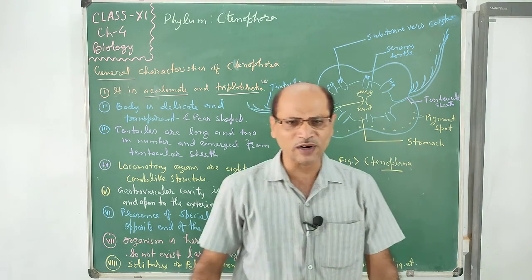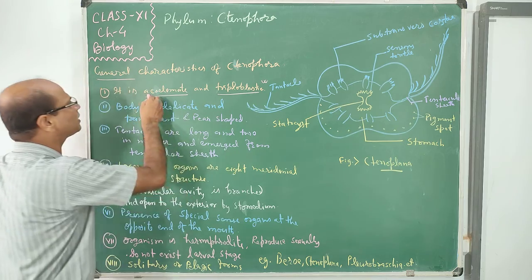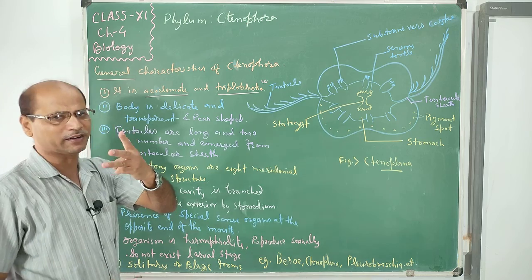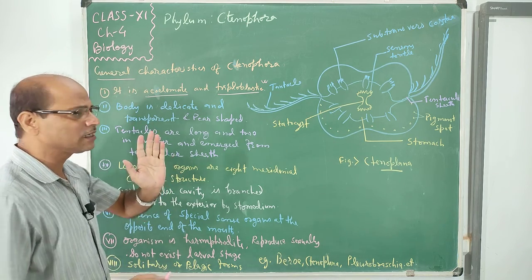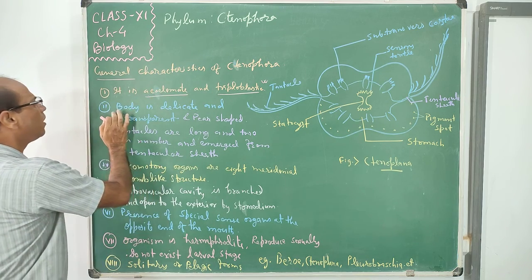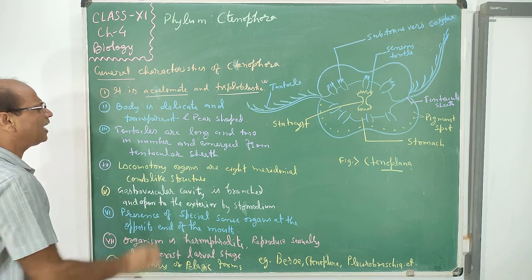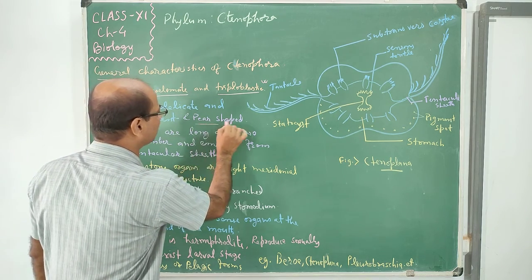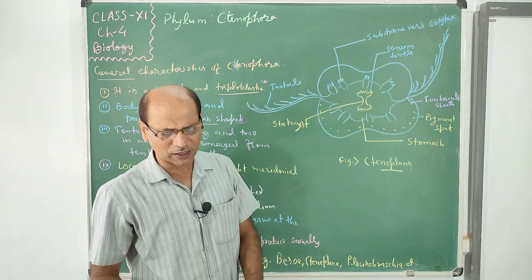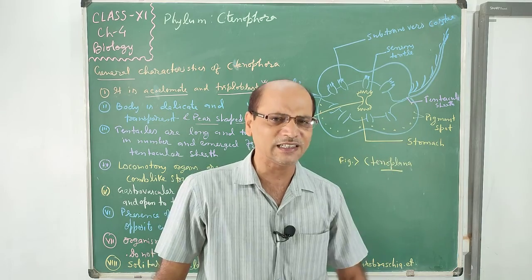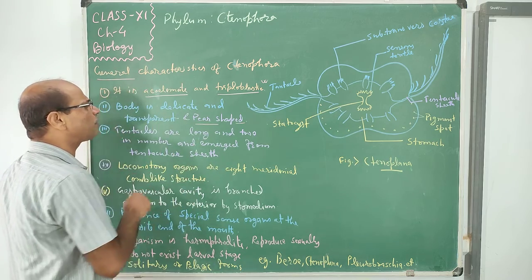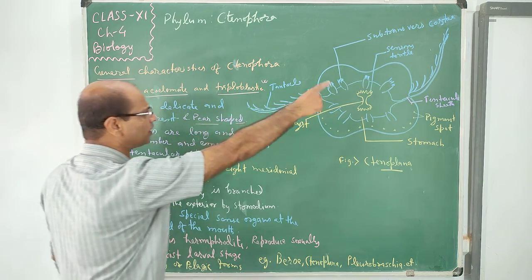So in Ctenophora there is acoelomate, meaning coelom is not present, but the germ layers are 3 in number. This is the advancement. So this is acoelomate and triploblastic. Now the body is delicate and transparent, and the shape of the body is just like a pear. Delicate means very soft body parts, and transparent to look. So there is transparency in their body, and the shape of the body is pear-like.